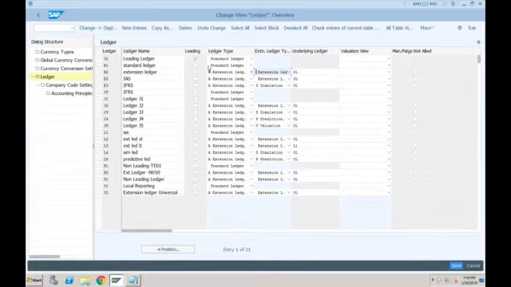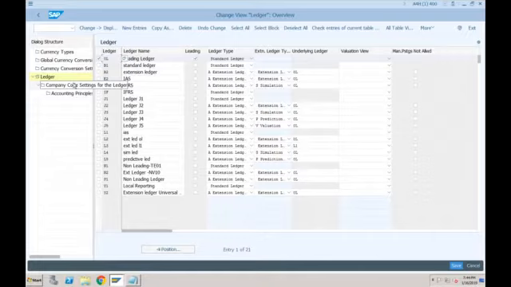Okay, and then I told you whatever number of ledgers you create, your leading ledger will by default be assigned to each and every company code. So whenever you create a new company code in the system, by default, the leading ledger is active. If the leading ledger is also not active, then what is the purpose of the company code, right? Any company code which you create in the system has to perform some accounting, some accounting principles, right? So at least one accounting principle is by default active for each company code. That is the reason whenever you create a new company code, by default, the leading ledger will be assigned to that company code.